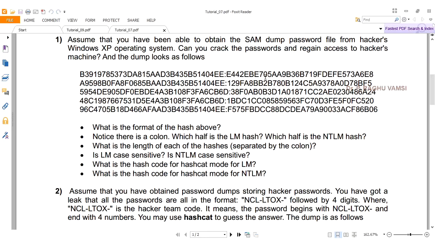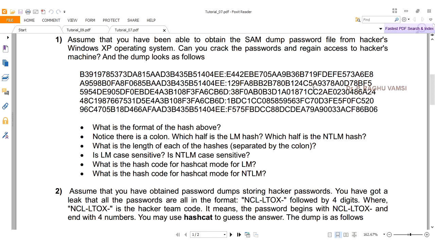For the NTLM password, we need to use Hashcat and a pre-defined dictionary. We may perform a brute force attack or dictionary-based attacks to crack this password. How to crack the passwords, you may view that video on cracking passwords using Hashcat and John the Ripper.